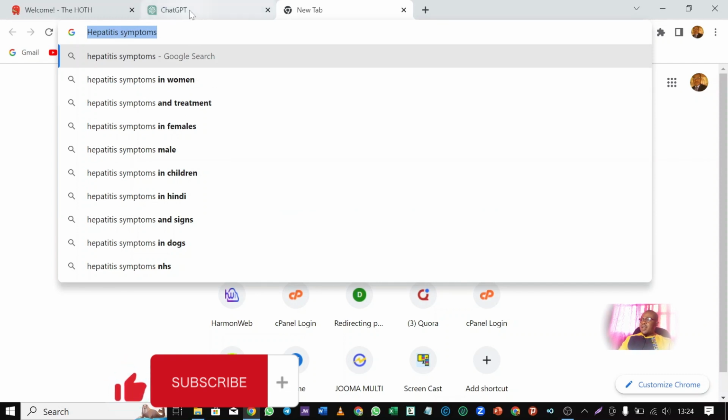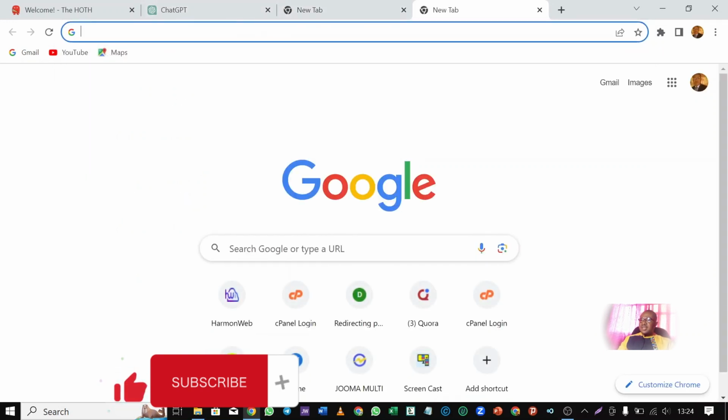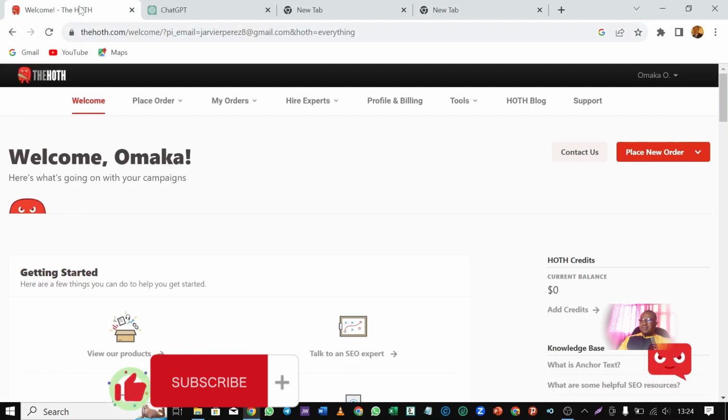Okay, so now let's copy this, and let's head this time to Keyword Tool. I have it open here, which is the hot. So you have it here. The Keyword Tool will also give you the same thing as SEMrush and Ahrefs. We have the premium version, we have the free version, but I think the free version is also very good. It can give you much more information.